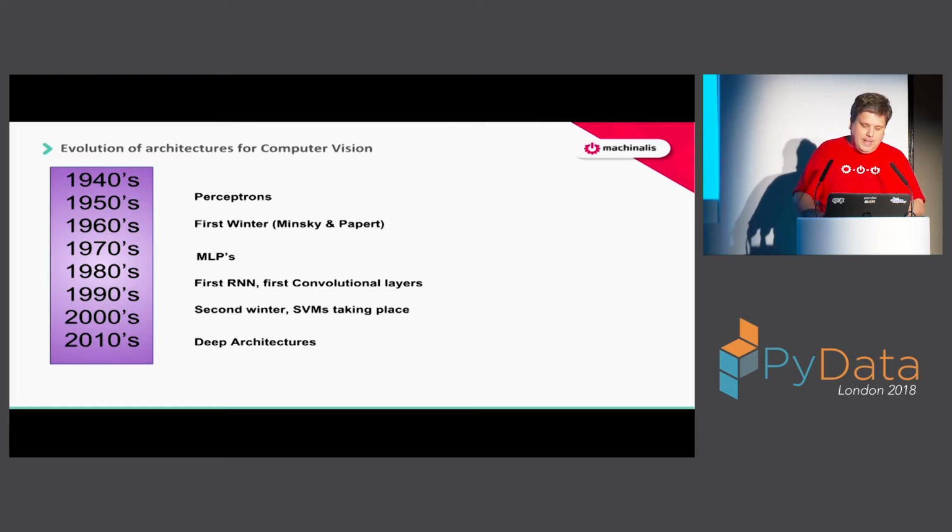In the 60s, after the perceptrons were shown not able to tackle important problems, there was a first winter in the field, and then in the 70s and 80s we had the multi-layer perceptrons, which did a very good job. But at the end of the 90s, 2000, we had a second winter in the field,